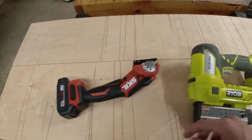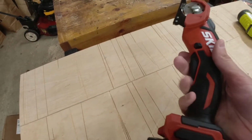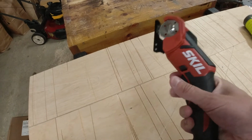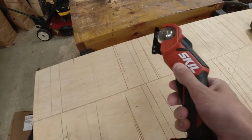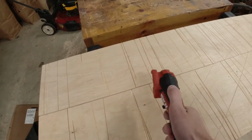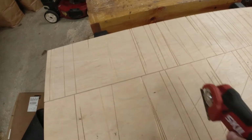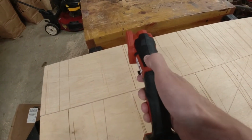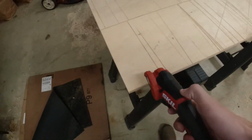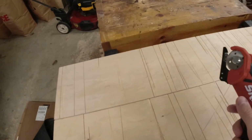I think if Skil did something like that on this tool, that'd make this a lot more comfortable, because then all you're doing is basically using either your ring finger or your middle finger. You're flipping that lever back, and then you can squeeze the trigger versus trying to push it with your pointer finger on the one side or your thumb and then run it through, because your hand position is just not comfortable. I'd rather either hold it like this, with just my fingers like that, or full-on barrel grip it like you would a drill, and then run it through. Or like I said, if the safety mechanism was on top, or even a slide switch like you would have for a grinder up here, that would make this much more comfortable, because then I could just turn it on, go through my material, and then we're good to go, versus this kind of janky